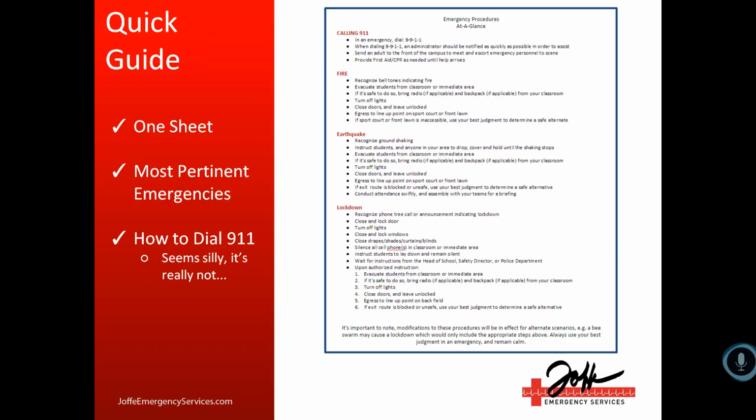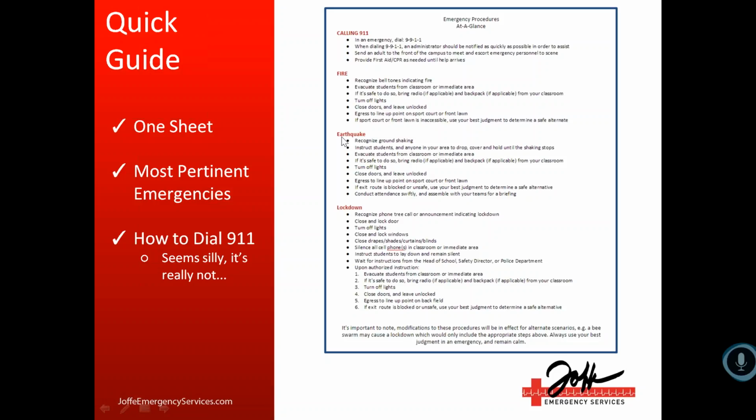A lot of campuses and organizations, in order to get a line out, meaning that they can call out and not just on campus, you have to dial a 9 or an 8 or something like that. And an emergency is not when you want to be figuring out how to dial out. So we like to lay them out right here up at the top in this area. It tells you how to dial 911, what information to give, who needs to be notified, and what steps of action you're supposed to take while dialing 911.